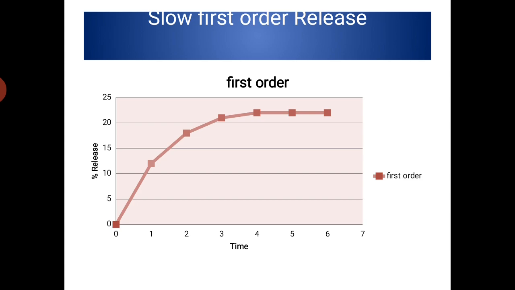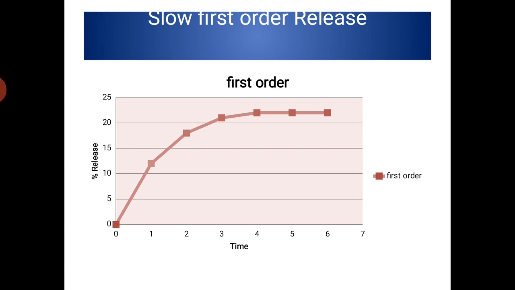If you look into the graph itself, initially it was growing, and in the initial time points, the amount of drug released was high, because the drug delivery system has more amount of drug. Suppose the delivery system is having 100 mg drug, it releases 10 mg. After 5 hours, the drug delivery system has only 50 mg. That time it releases only 5 mg drug. After 2 hours, the delivery system is having only 30 mg drug, and it is releasing only 3 mg from that.